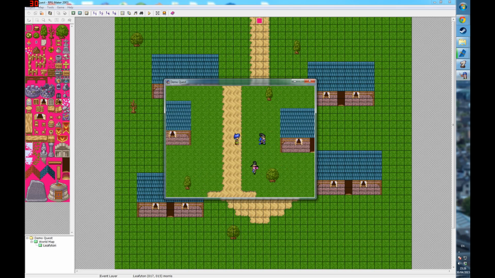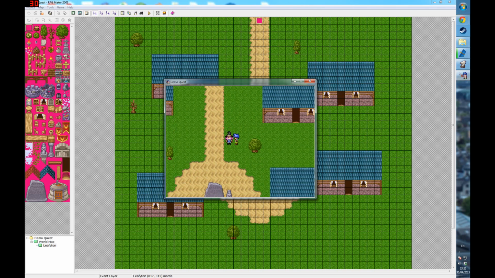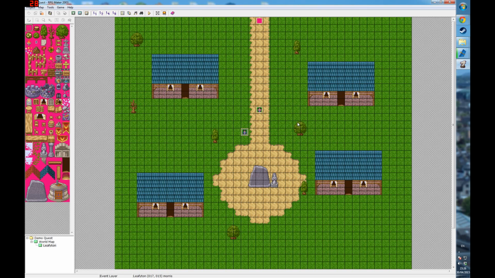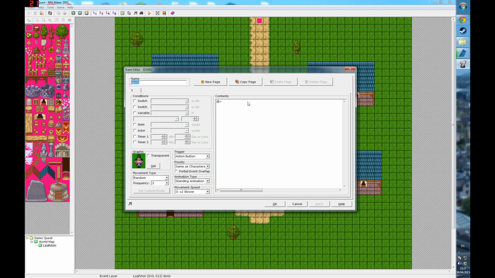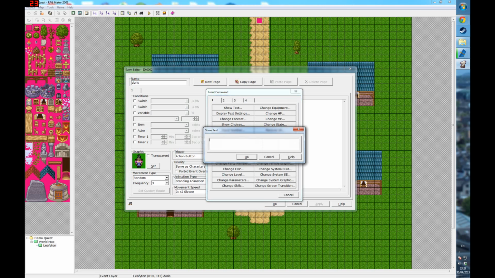But these people don't do anything at the moment. They just wander around. They're basically glorified moving trees at the moment. So we're going to fix that. We're going to have them actually have a conversation with you. So let's double click on Doris to bring her up and let's put something in her events here. Let's have her show some text, and she is going to say,